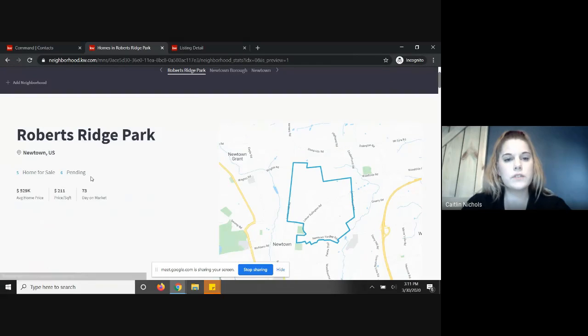It shows the homes for sale and the pending, how many are for sale, how many pending, the average home price, price per square foot, and days on market. This is usually within the last 30 days, these stats. So,